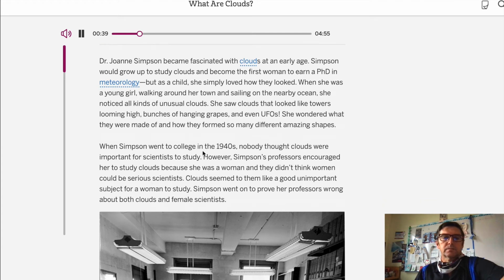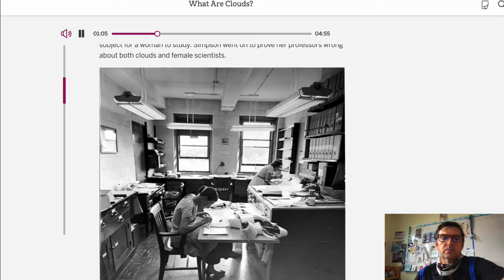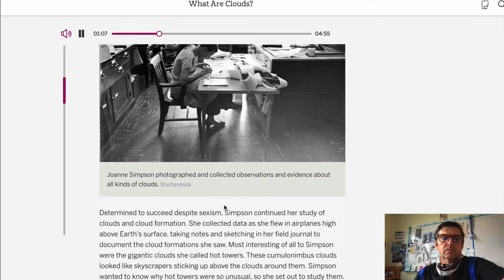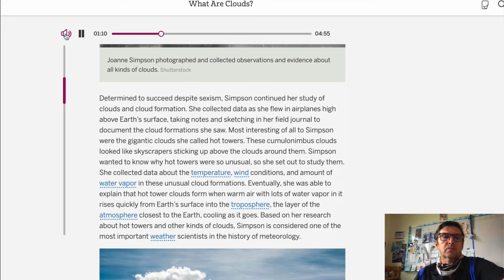When Simpson went to college in the 1940s, nobody thought clouds were important for scientists to study. However, Simpson's professors encouraged her to study clouds because she was a woman and they didn't think women could be serious scientists. Clouds seemed to them like a good, unimportant subject for a woman to study. Simpson went on to prove her professors wrong about both clouds and female scientists. Determined to succeed despite sexism, Simpson continued her study of clouds and